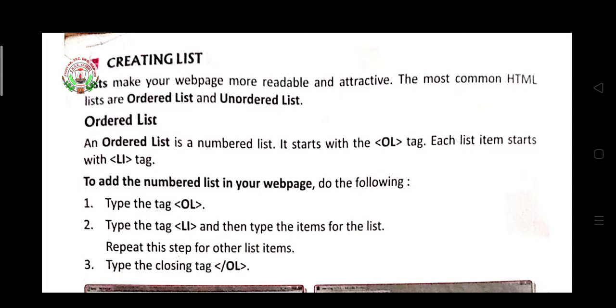Ordered list means sequential marking, like 1, 2, 3, 4 or a, b, c, d. Unordered list means small images or symbols are displayed one by one.